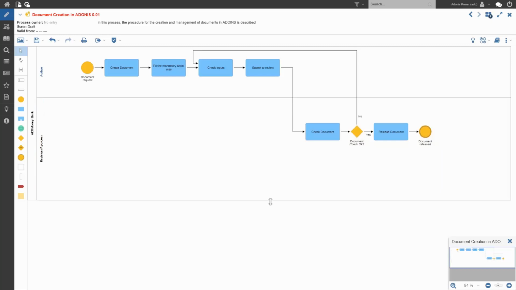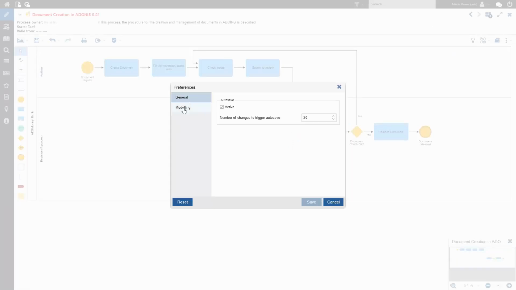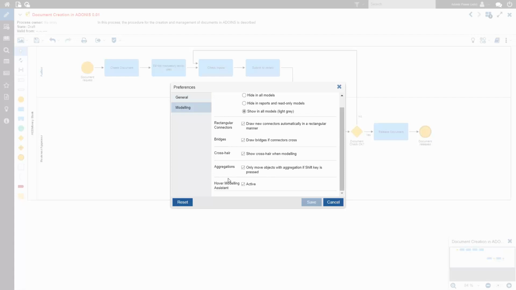It's not compulsory to use the SmartHover assistant, so if you would not like to use the SmartHover when modeling your processes, you can still use the modeling bar, which remains here on the left hand side, but in order to turn off the SmartHover, it's just available as an option here in your preferences. So preferences here is general, and we also have a modeling tab, and it's just an option here down the bottom, modeling, hover modeling assistant. You can activate it or deactivate it and save your changes, and then the modeling assistant won't appear directly in your model, but it's obviously nice at the moment to keep it active, especially for today's webinar.